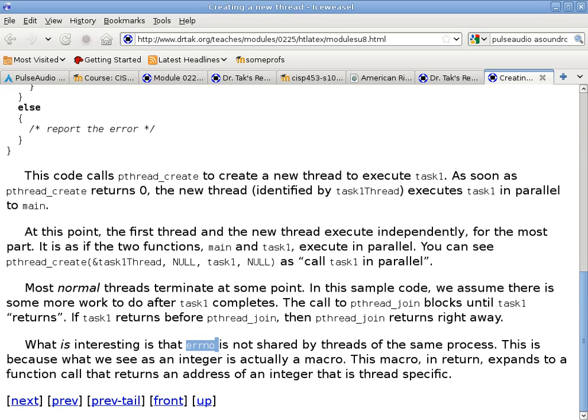How do you assign to errno? Can you still assign to errno in some way? Can you update errno? Yeah. How do you change it? Well, the function returns a pointer to an address, so you still have an lvalue. You can still change it if you want.